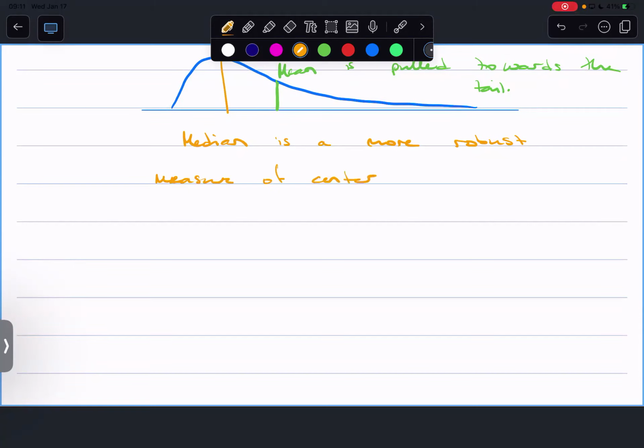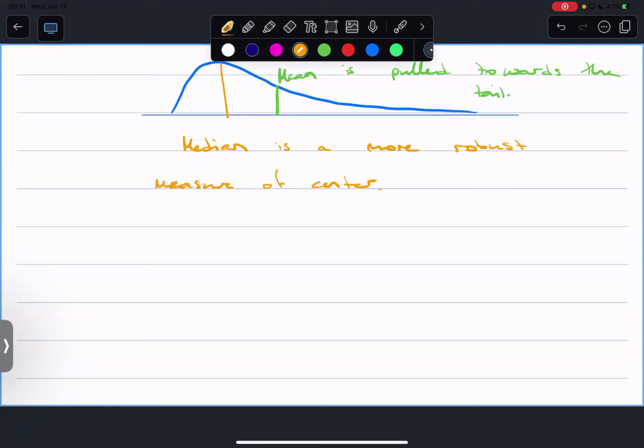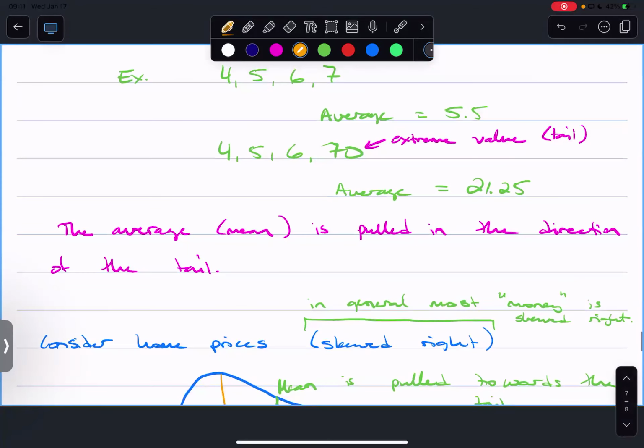Well, what does robust mean? Let's start there. Robust to outliers, right? It's not going to be pulled in the direction of those extreme values. So robust to extreme values, right? So if we go back to,